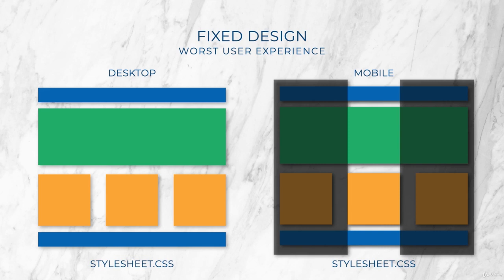This means that there's going to be horizontal scrolling, and that users are going to have to zoom in and out and navigate around the page to see all of the content. This is far from ideal, and easily provides the worst user experience out of the design styles that we'll be taking a look at. As a general rule, you want to avoid horizontal scrolling at all costs, unless it's something like an image gallery, which it makes sense to have horizontal scrolling,